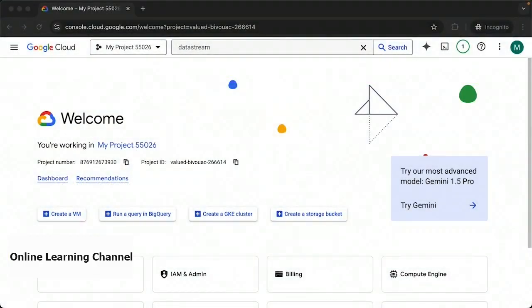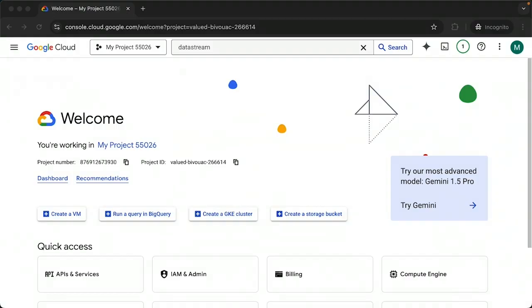In this video, I'm going to show you how we can actually do some work with the change data capture service known as Datastream. Now, to use Datastream, we're going to create some connection profiles for our data sources and our destinations, because the whole concept of Datastream is so that we can actually do this change data capture between the source and the destination, and those two things require a